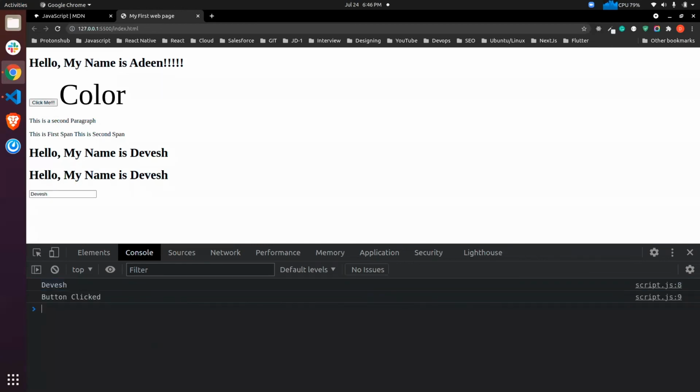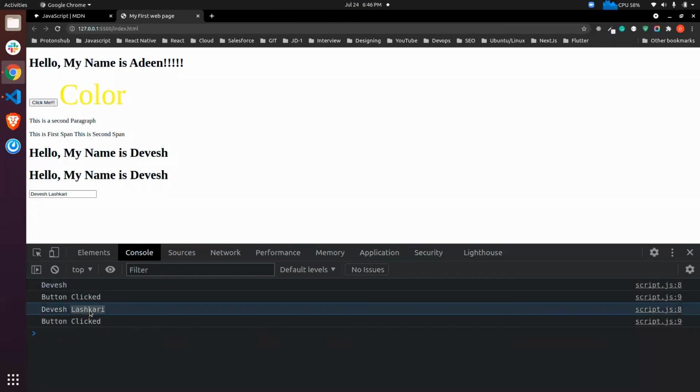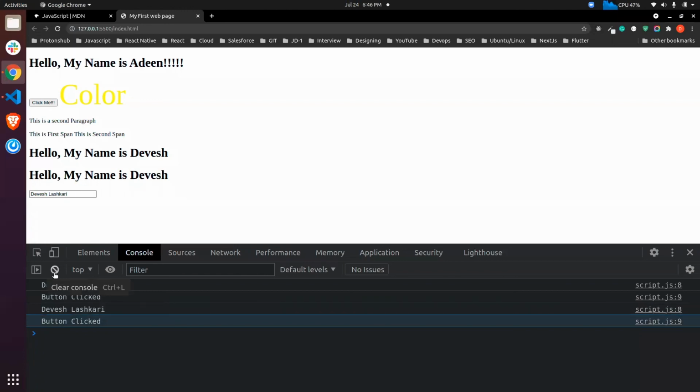Yes, I'm getting Devesh. So whatever I type here, I'll get it when I click on the event, right? You can take the input which you are writing, or you can show an alert box if something is wrong. We'll do it when we work on the React part. When we start React, we'll apply some validations to our code, and then we'll see how we can apply the validations using JavaScript there. Okay.